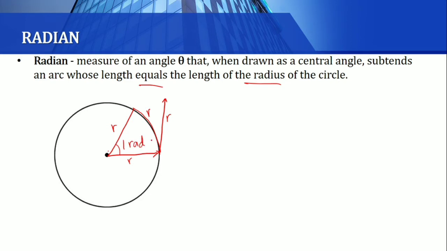So, ano ba yung relationship ng radian sa degrees? Sabi natin, yung circumference is equal to 2 pi r. So, para mabuo natin yung circumference ng circle, ilang r ba? Length ng r yung magagamit natin para mabuo yung buong circle. So example, if maglalapat ulit tayo ng r dyan, then dito rin,